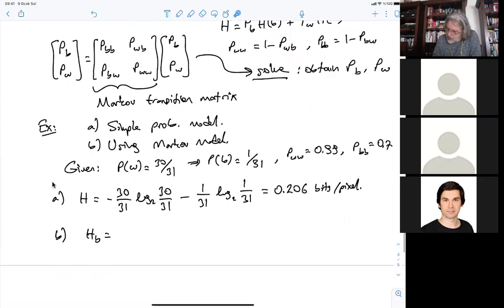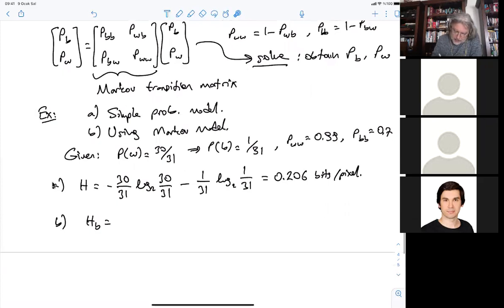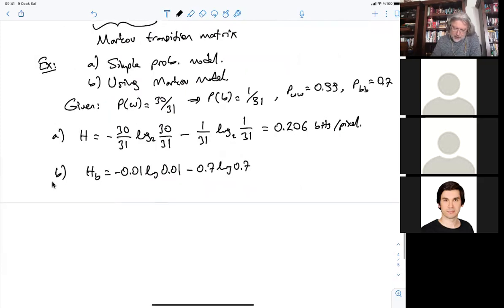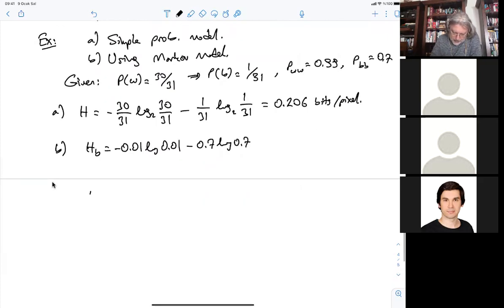So we must have this 0. Minus 0.01, which is from white to black, logarithm 0.01, and minus from white to white, which is 0.7, I guess, logarithm 0.7. We must first calculate this one, and then probability of